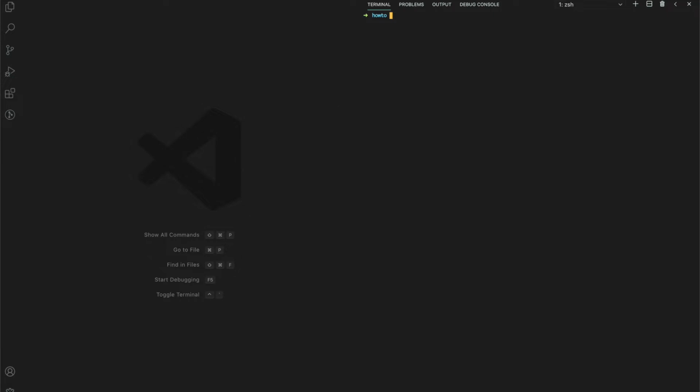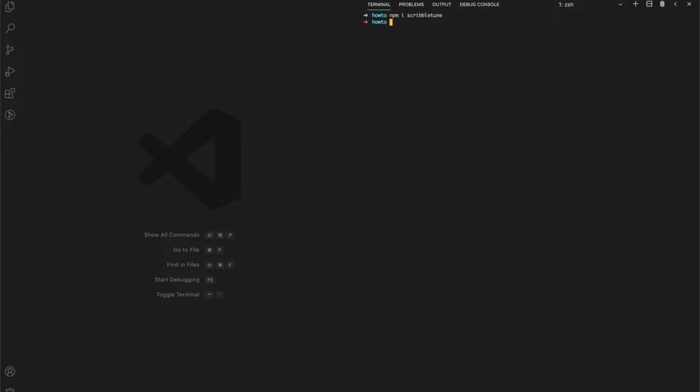This is VS Code, and I have put together a folder called How To. I've already installed ScribbleTune, so I've just done npm i scribbletune. ScribbleTune is a JavaScript library that I created for generating MIDI files using JavaScript strings and arrays. It has now gone beyond that original goal of just creating MIDI files. Now you can use ScribbleTune in the browser as well as in Max for Live. But for this tutorial, we are just going to use it to create MIDI files.